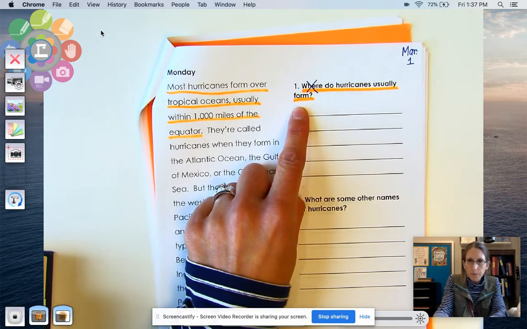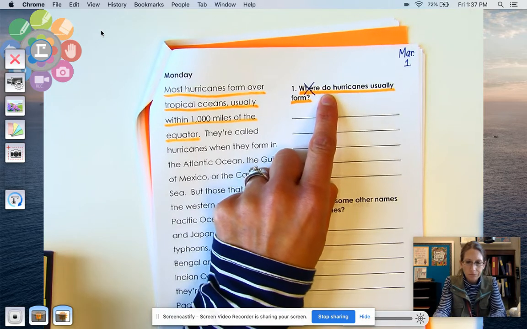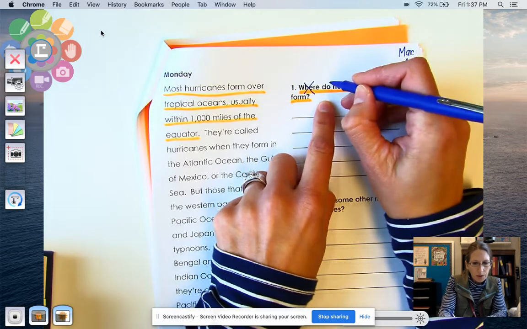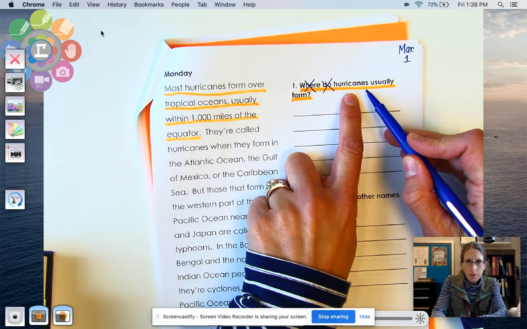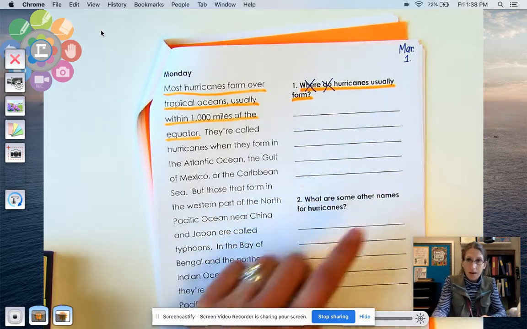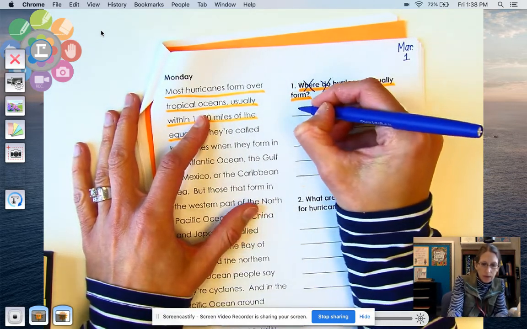Where is a question word? Let's see, are we going to use this word do? Do, it kind of still sounds like a question, doesn't it? Can we start here? Hurricanes usually form, yeah. So we can start here with our sentence, and using our pencil, I'm going to use a capital H,